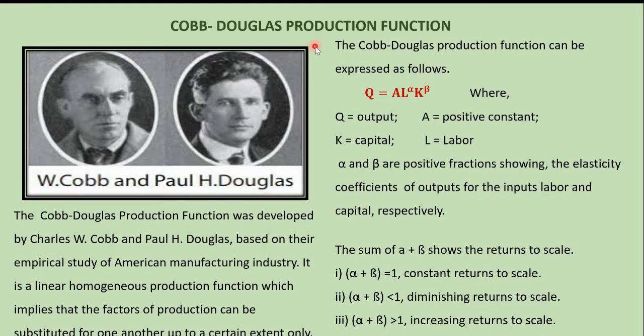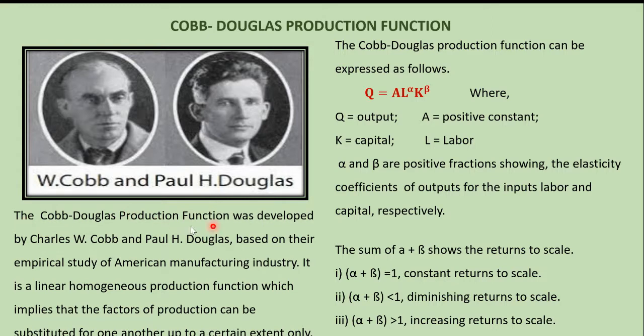Cobb-Douglas production function. The Cobb-Douglas production function is a specific standard equation applied to describe how much output can be made with capital and labor inputs. This production function says how much input must be used to get the desired amount of output. Cobb and Douglas investigated the manufacturing industries in America, and they came out with this equation, which is given as Q = A L^alpha K^beta.